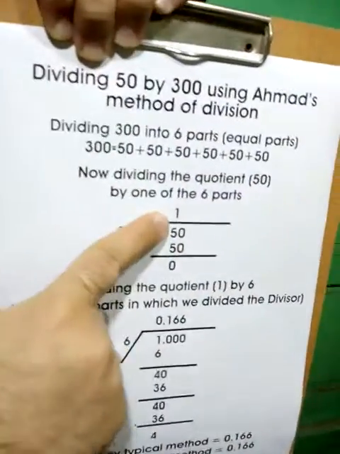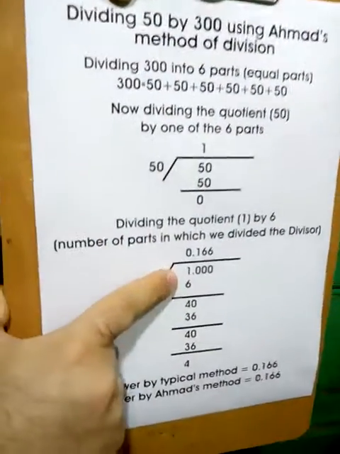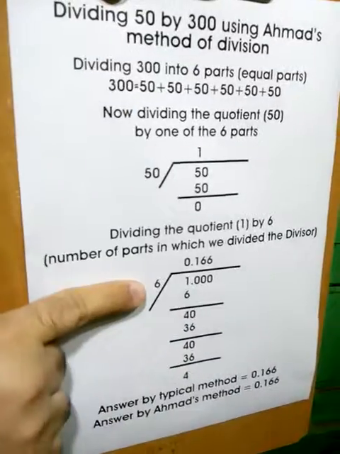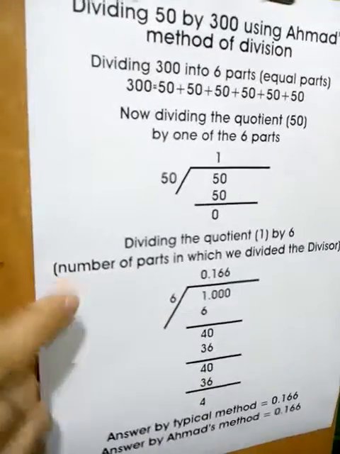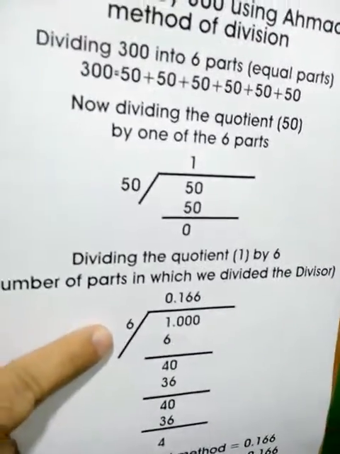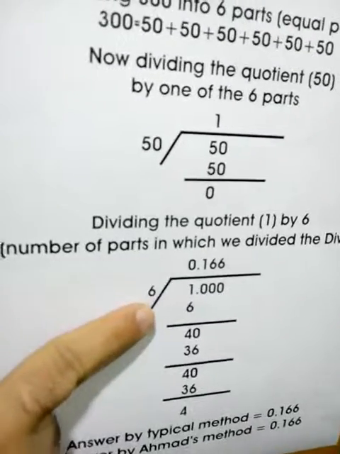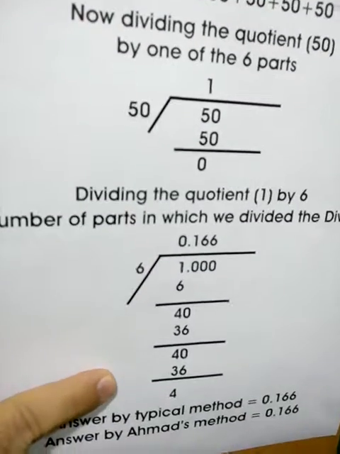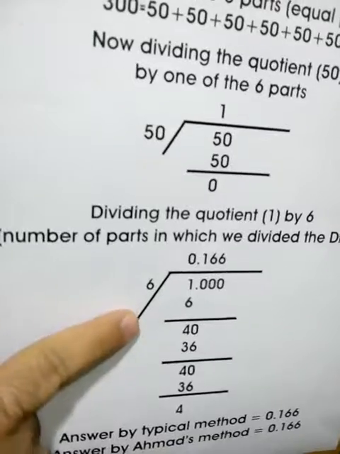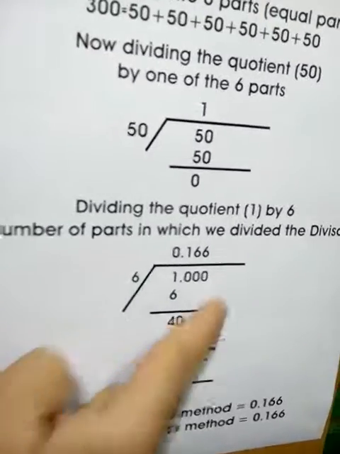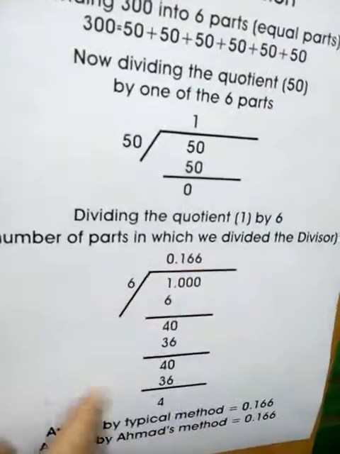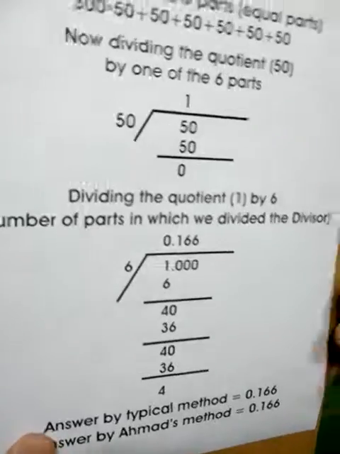So this is the quotient 1. We will divide this quotient 1 by the number of parts in which we divided the divisor. As we divide 1 by 6, it is very easy. This is the answer which we got. If you remember, the answer